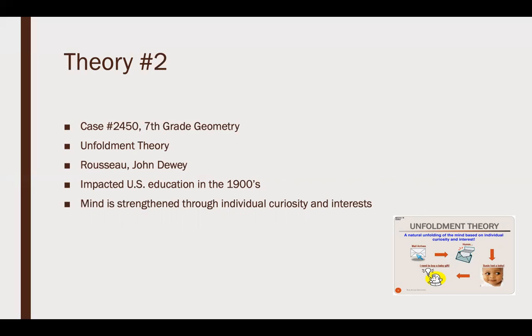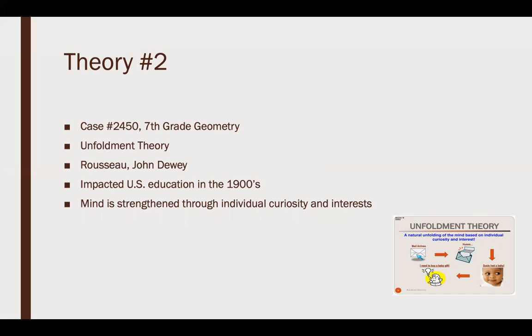This video is a great example of unfoldment theory in action. The lesson that this teacher is conducting involves an investigation on the part of the students to determine the formula for a circle. The teacher has provided the students with many materials to use in their investigation, and they are told to try different things to determine the formula. The teacher sits down with a group of students who seem stuck during the video, and she offers them guidance by asking them questions that allow them to think about the methods they are trying and what they could try instead or what they could do next.